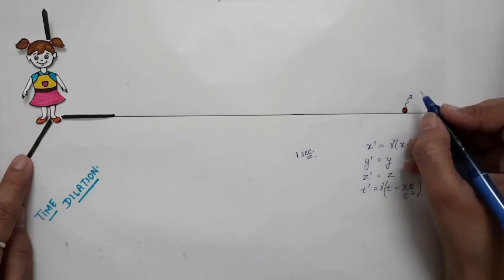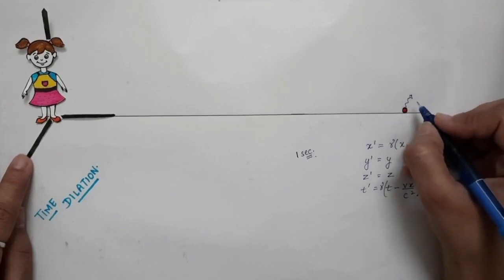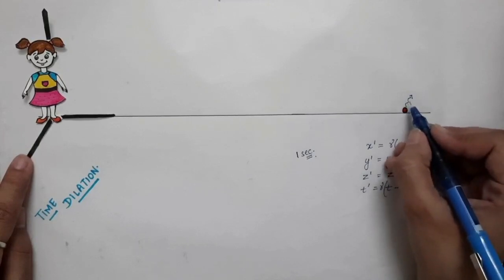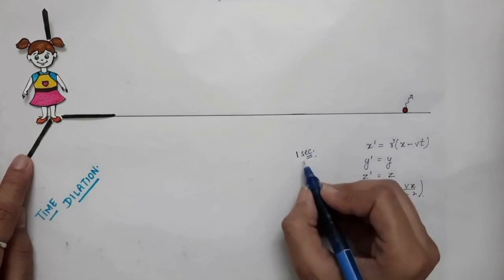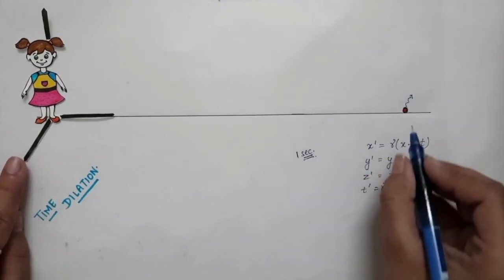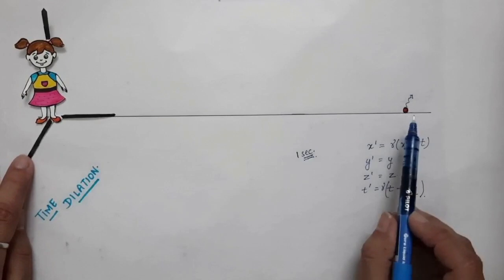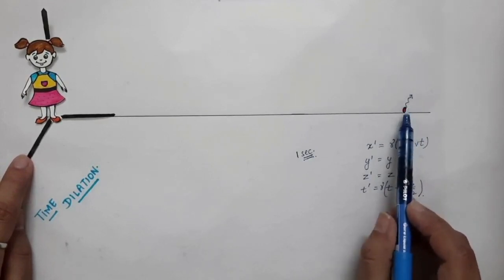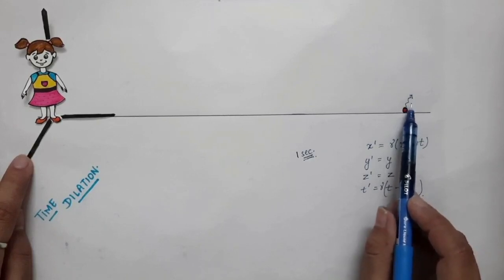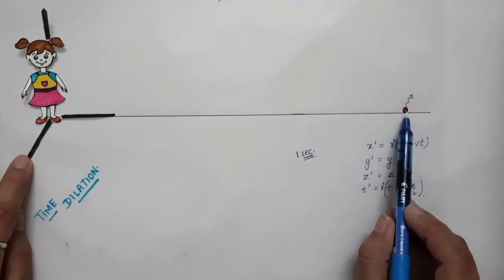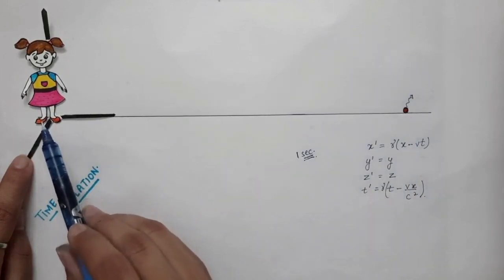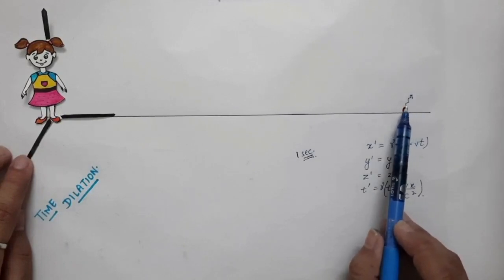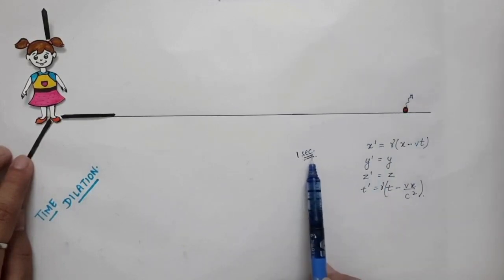will be the second event. So between these two events, which are occurring at the same point, the difference between the two events, let's say that is equal to 1 second. So this is when you are at rest with respect to the source. So the two events are occurring at the same point. These two events, the emission of these two photons for example, are occurring at the same point with respect to you. So according to you, the time gap between the two events is 1 second, let's say.